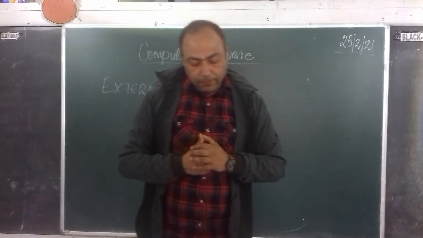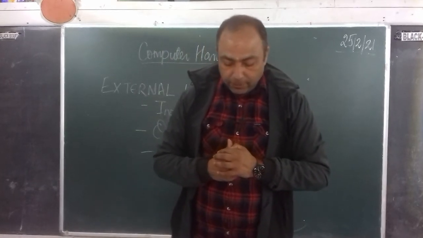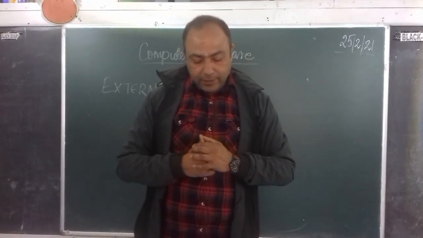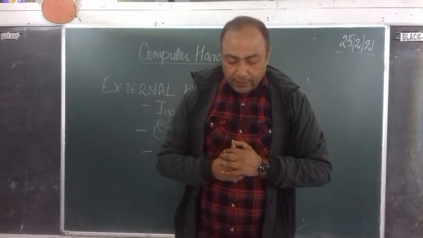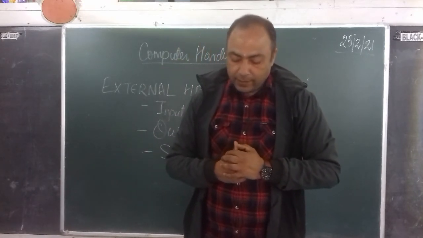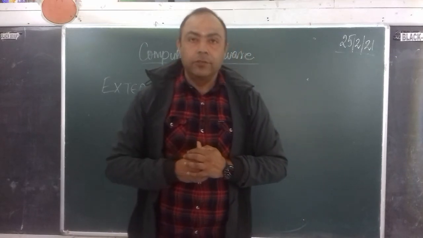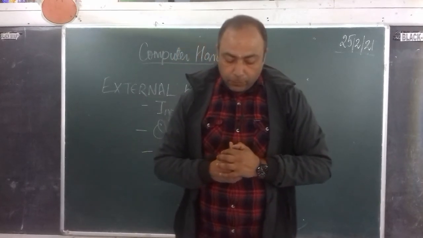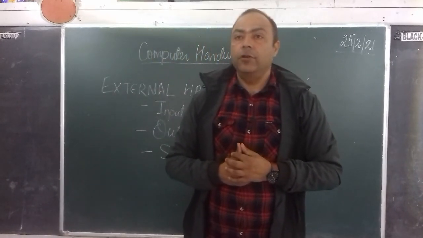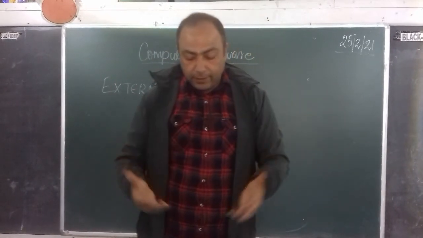So the next one is the monitors. A monitor or video display unit is an external output device of a computer. It displays the processed textual, audio and video data and information to the user. Monitors come in two major types, LCD and CRT. So monitors are output devices. It is also called a visual display unit, and it is an external output device through which we can get the result.